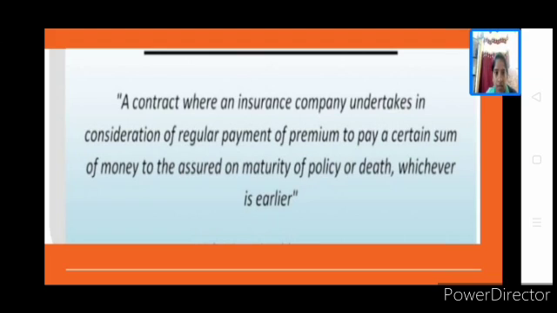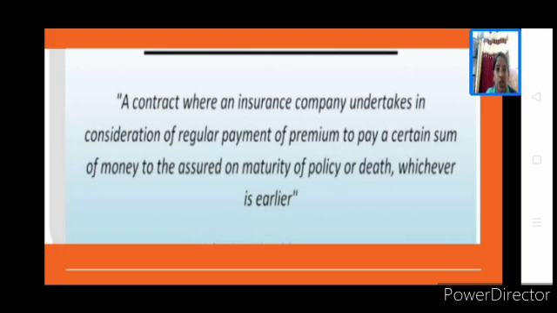So there will be two cases now. In general insurance, loss should happen, then only they'll compensate for the loss. But in life insurance, what happens? Loss may not be there, but the time period may expire after 5 years. By God's grace, I am okay. I have completed the policy period of 5 years, then I'll get back the amount of 5 lakhs. What is the sum assured? Yearly or monthly, I might have paid only 4 lakh rupees in total, but on maturity of my policy, that is on completion, I'll be getting back 5 lakh rupees. That 1 lakh is the profit you made on your policy. This happens only with life insurance but not with general insurance.